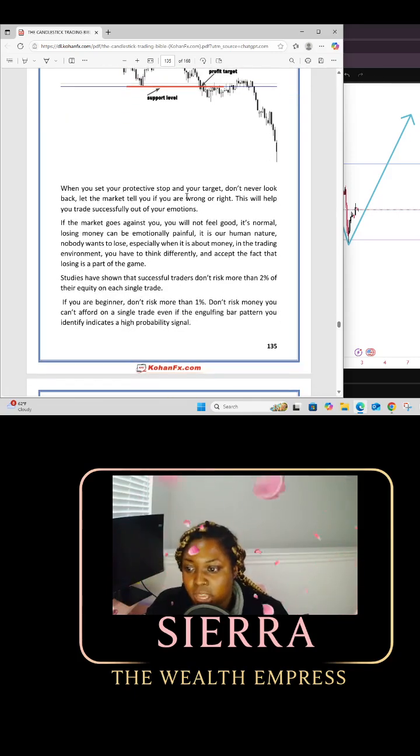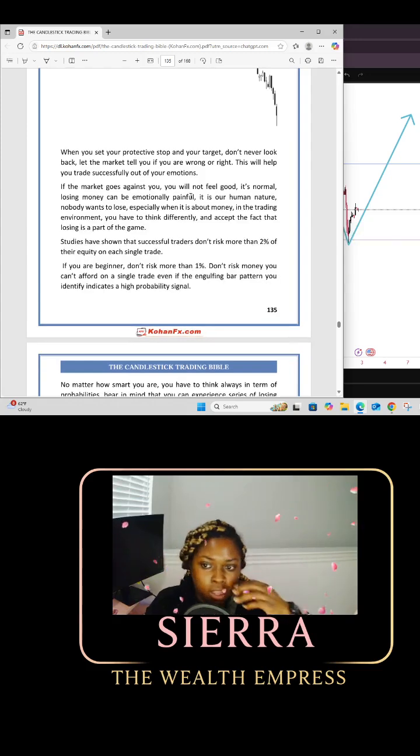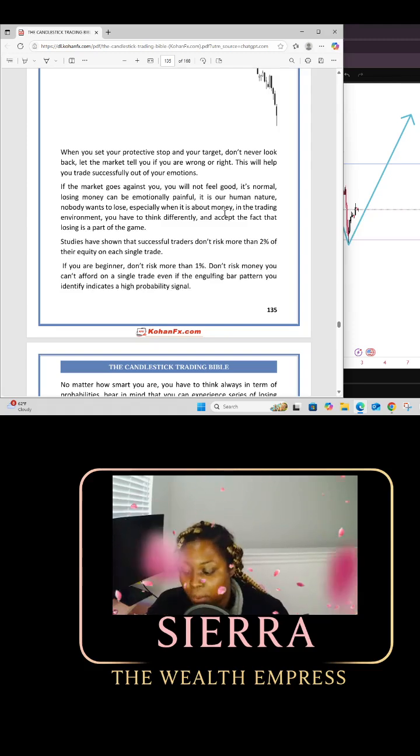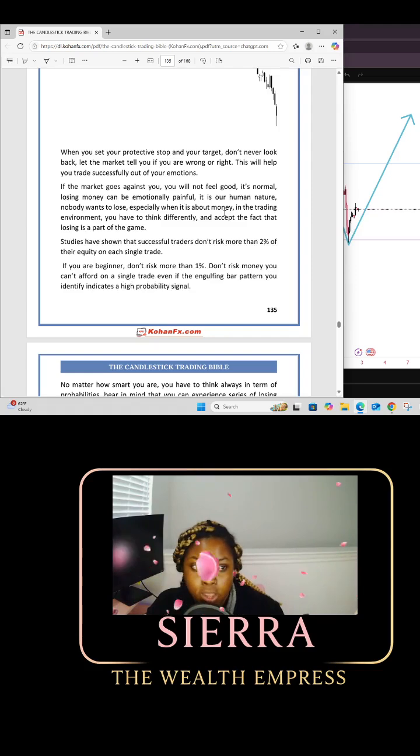When you set your protective stop and your target, don't look back. Let the market tell you if you are wrong or right. It's going to tell you if you're wrong if it hits your stop loss. It'll tell you if you're right if it hits your take profit. If it hits your stop loss, don't be upset. Go back and look at what you missed, right? Because there was something that you missed. The market is black and white. You're either right or you're wrong. So if you got it wrong, go back and figure out what you missed